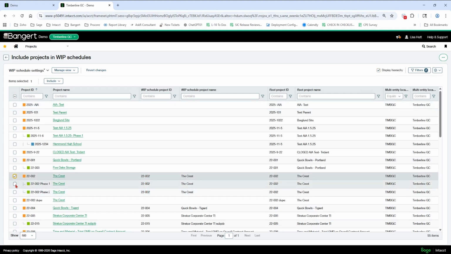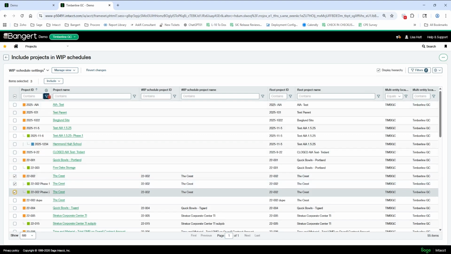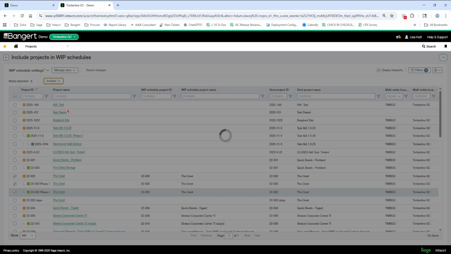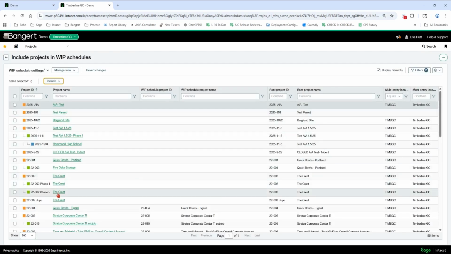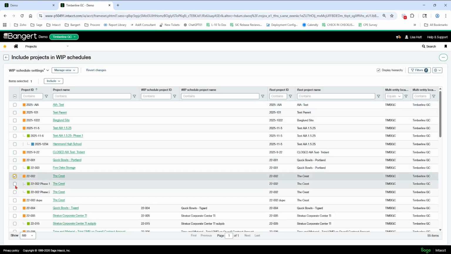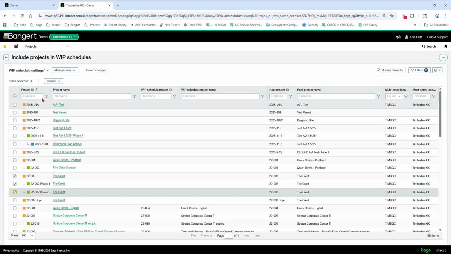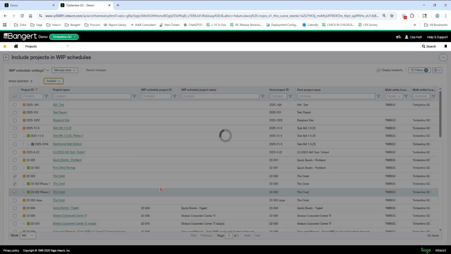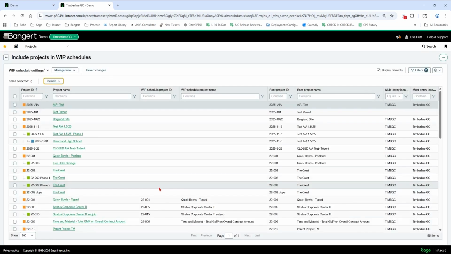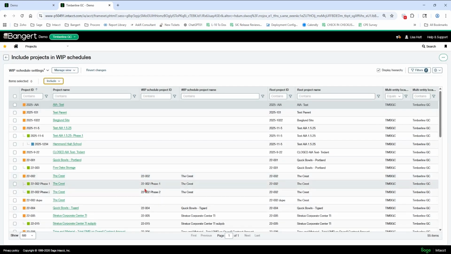So let's say, though, I then want to have them listed separately instead. Okay, so I have to exclude them first. Okay, so notice they're gone over here. And now I want to include them on their own lines. So I can do include on own line. And you can see now they're all separately going to be listed with their own line.